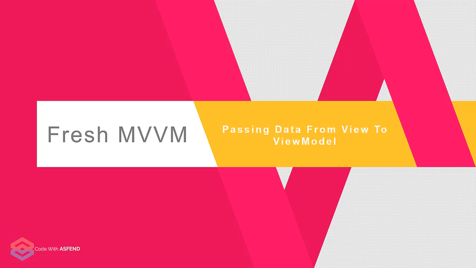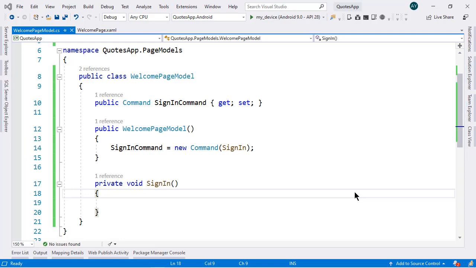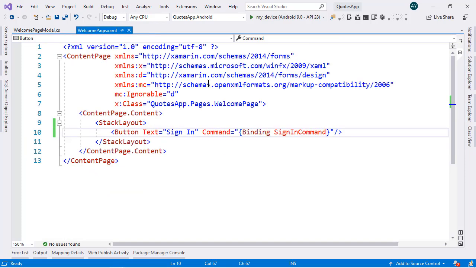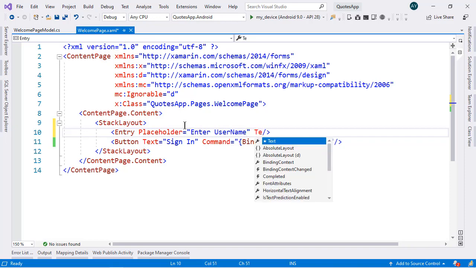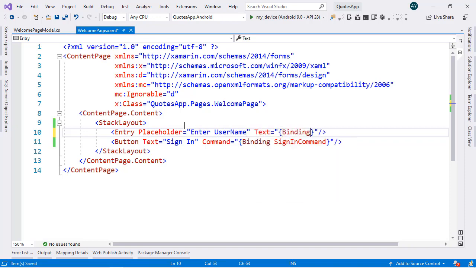Now I'm going to show you how you can pass the values inside this sign-in method. So first of all, let's jump back to the welcome page.xaml file, and there I'm going to add an entry control and set a placeholder of this entry. Then I'm going to bind the text property of this entry with some property that we will write in the